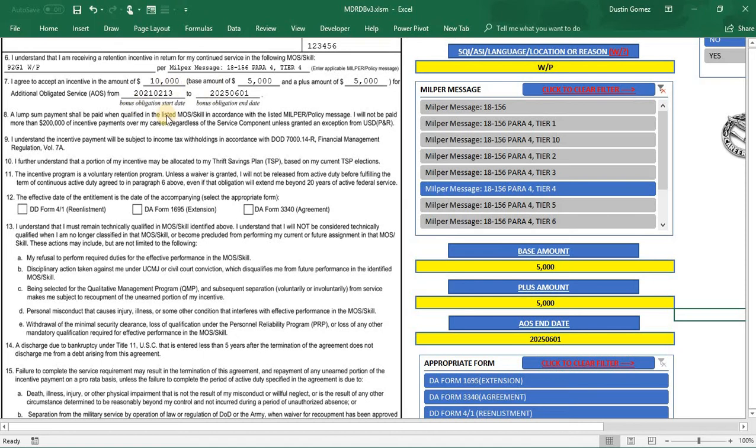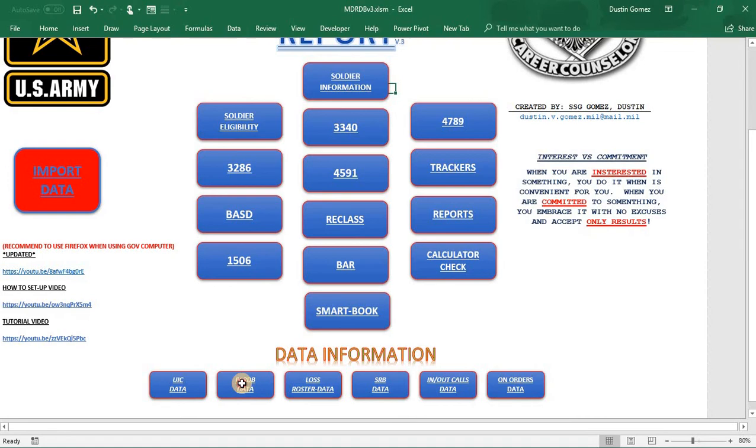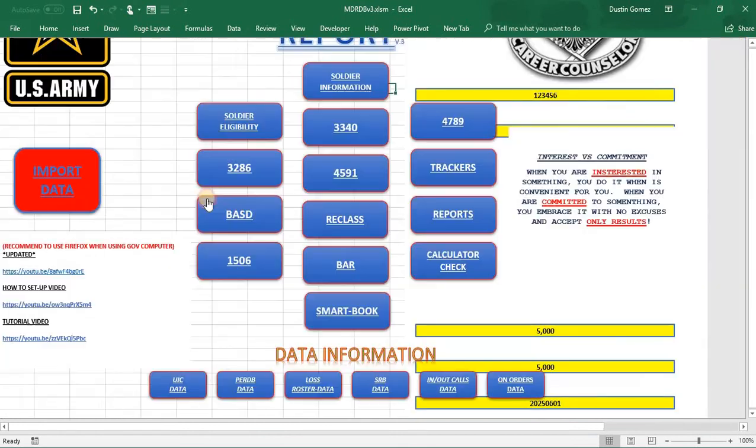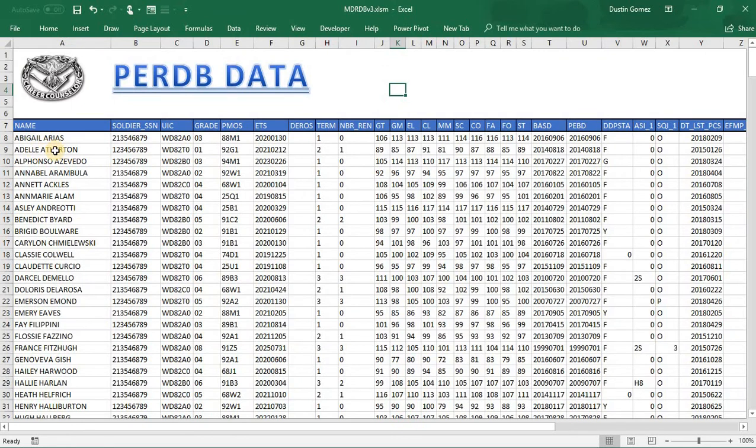So what happens if you need to update because you got to forgive an extension? All you got to do is, you don't need to panic and be like, oh, it's not going to work. Just go back into the PERDB data. And what's the soldier's name? Adele. So you see the ETS is 2021. So we're going to the PERDB data and Adele. So where it says ETS, change that ETS to wherever you're forgiving that extension. So let's now put